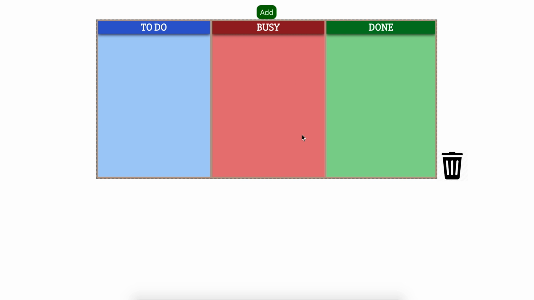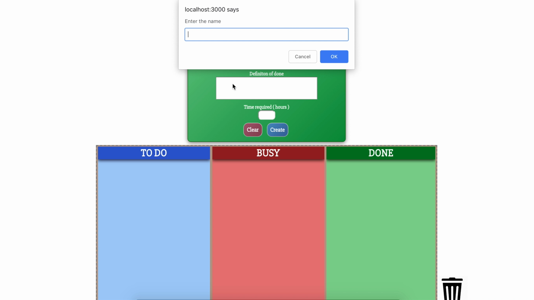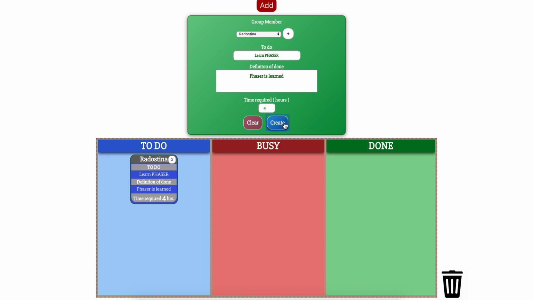So this is a digital scrum board that I have built using React.js. With this button you can toggle the input fields, and here we can add group members dynamically. So let's say Radostina. We can choose her. Let's create a task for her, and when you press the create button, as you can see our to-do task is